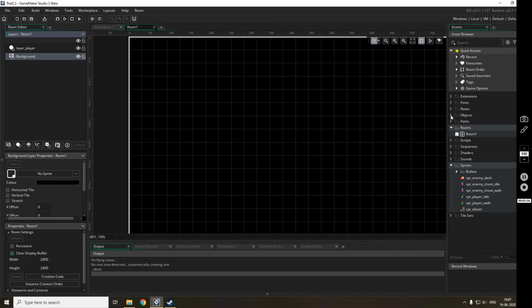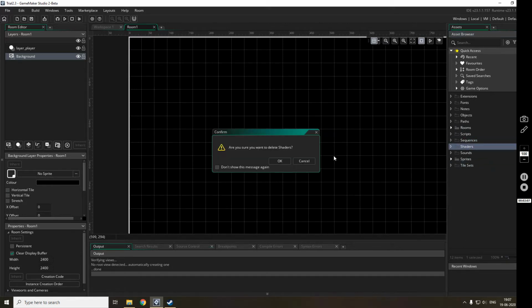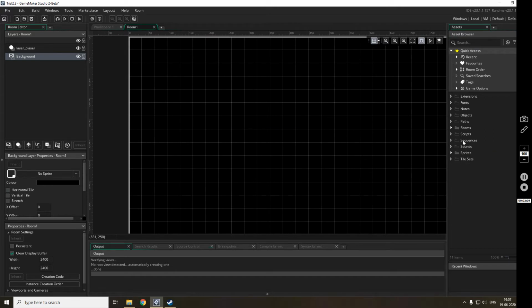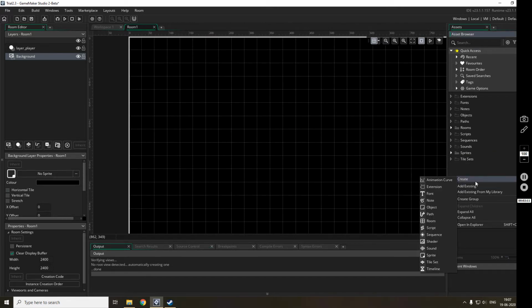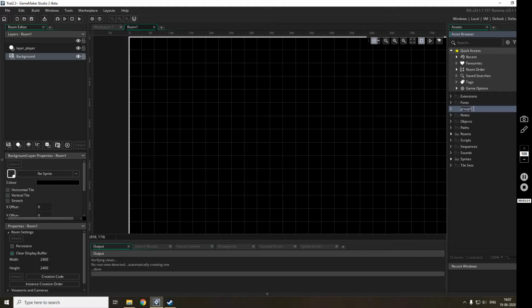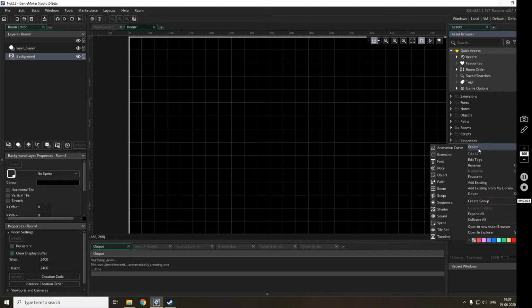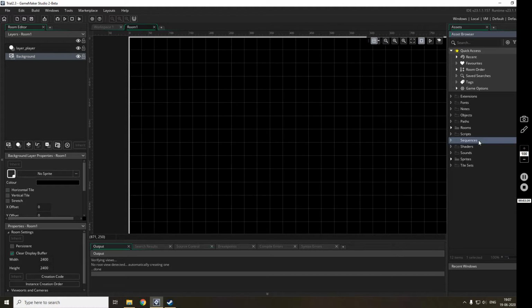We will first create an object. One of the things about Game Maker Studio 2 after the 2.3 update is that now all these are removable. So if I don't need shaders, I can just press delete and it will be removed. And if I need shaders another day, I can just create a group name as shaders. And now if I want to add something into this, I can add anything. Like if I want to add shaders, I can add shaders. I can add objects into any folder. So it is as good as the original folder itself.